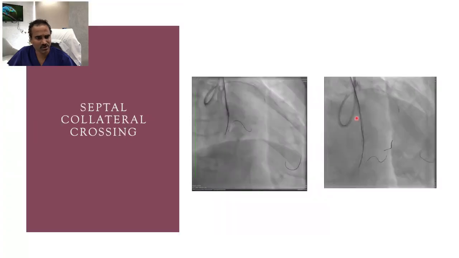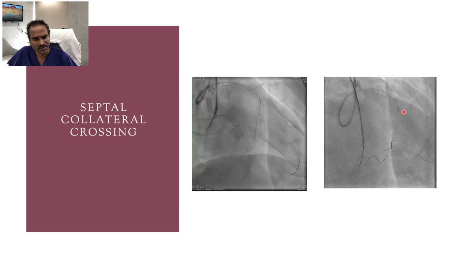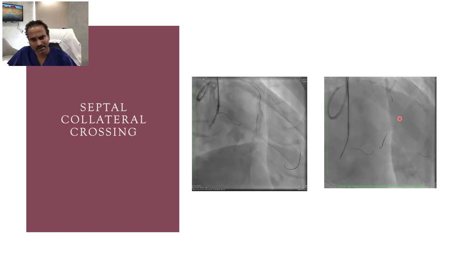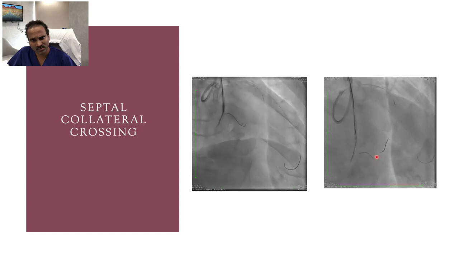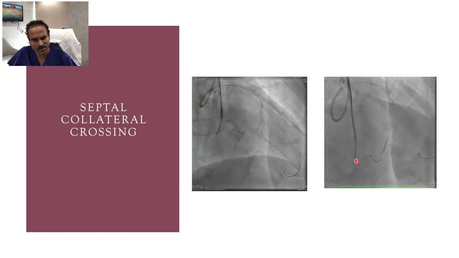So then I switched to septal collateral. First septal collateral couldn't be wired, so I went into second septal collateral, which has a good entry angle and also a good exit angle, and used a cyan wire, with which we could cross the septal collateral. So you can see here,